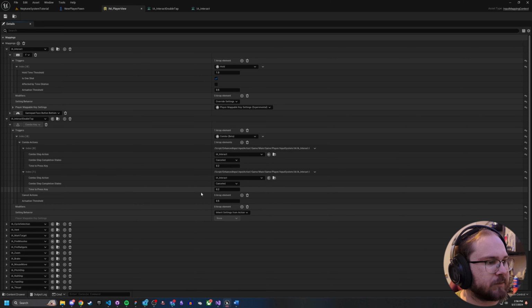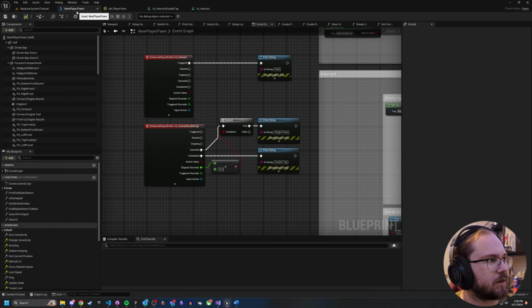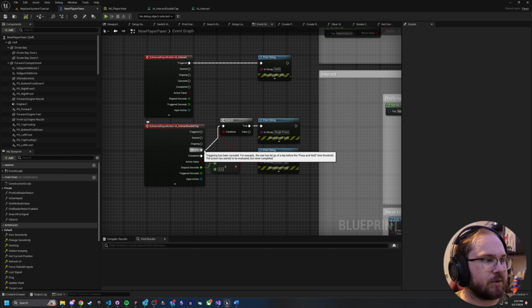And as you can see here, this all looks great. So let's go ahead and come back here. Once you have that set up like that, all you need to do is fire off whatever actions you're doing off of your actual input action. You see here, interact goes off of triggered, because that means this will only fire once the hold trigger has actually fired. And then the double tap, once you've hit canceled, what it's going to look for is if